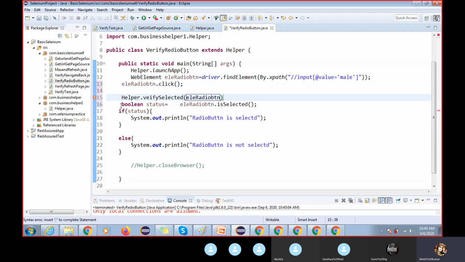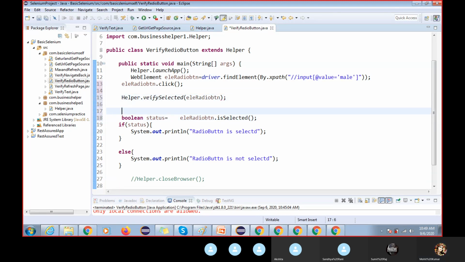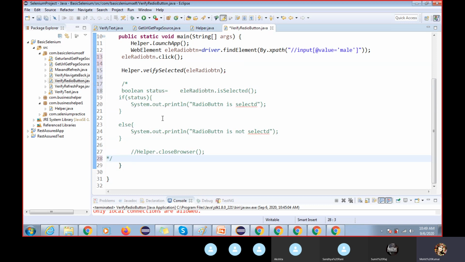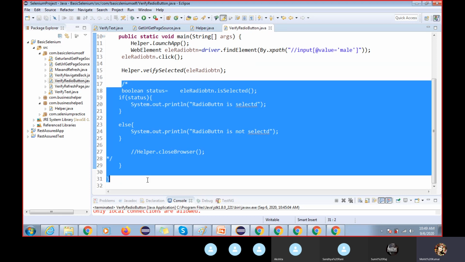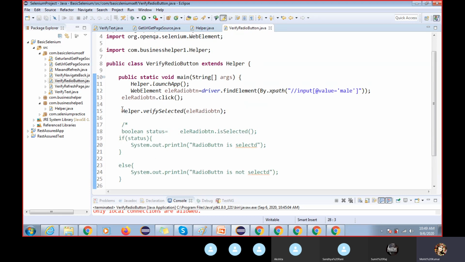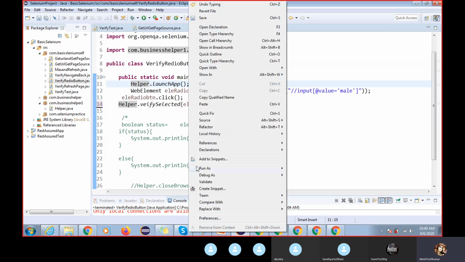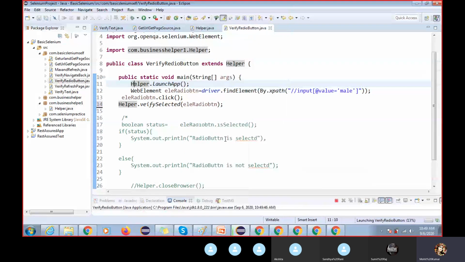You should not write this line of code again and again. I simply call verify selected from the helper method and use it. Look how much less code we have written now, very less, right? Let's see whether it will work or not.